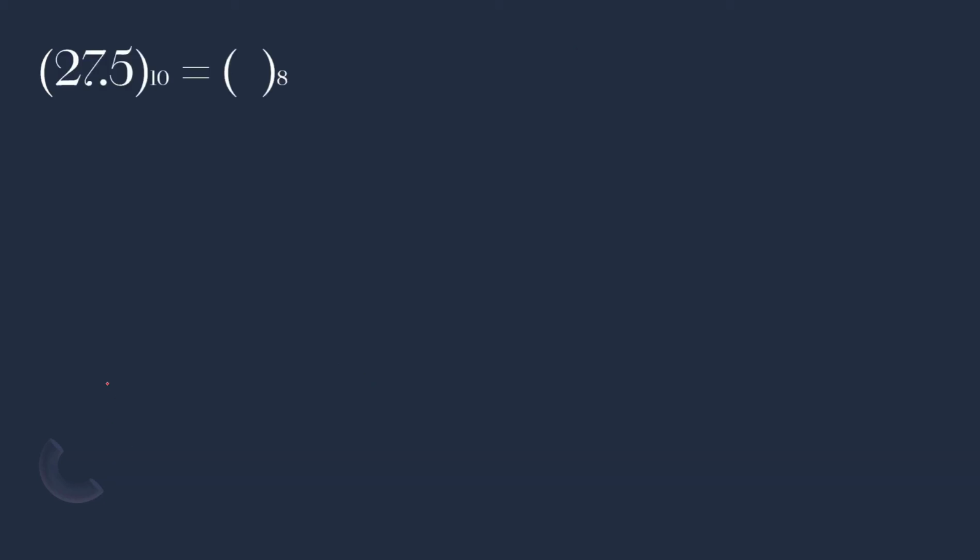So let's do an example. 27.5. What we want to do when we do this is separate the fraction part and the integer part. So right here is the integer part. And we will do the fraction part over here. Just like we did before,